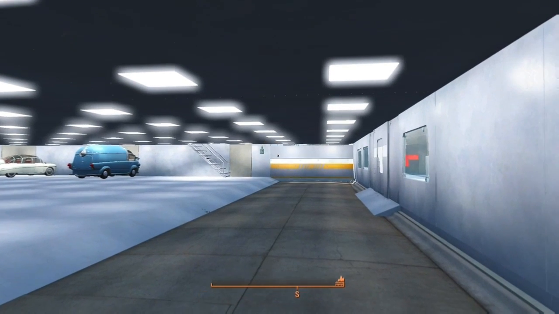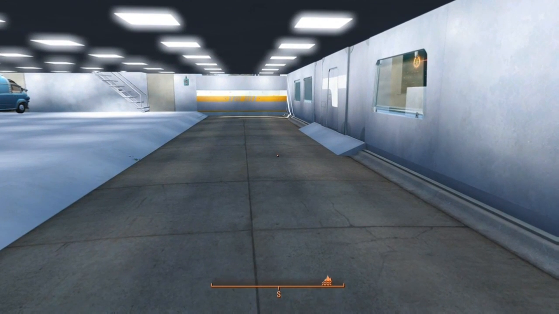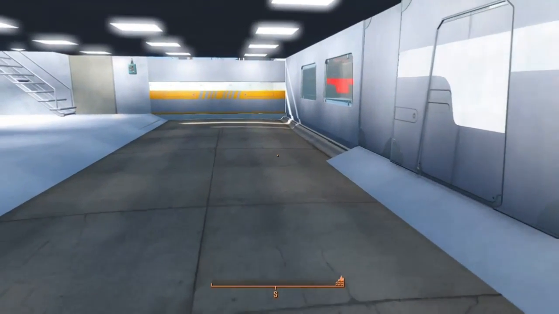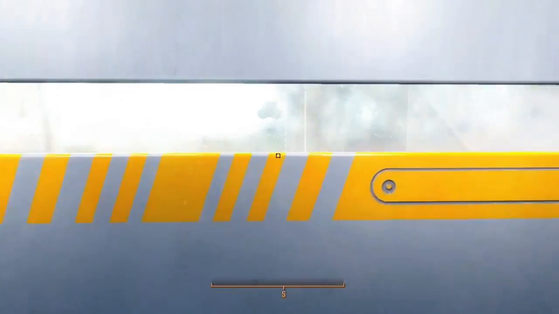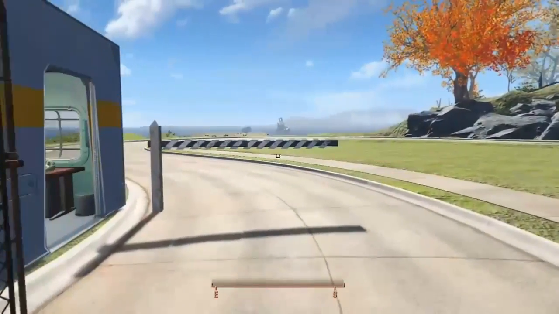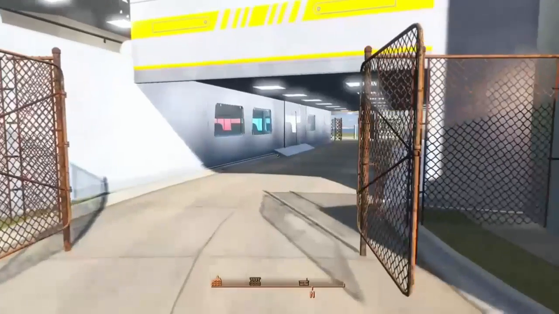Since I decided I was going to build a garage, I wanted to start my build here and basically keep everything lined up with this road. So that's how I started my build, and I just wanted to make sure that the road was actually an integral part of the build itself. And obviously there's 2 entrances,